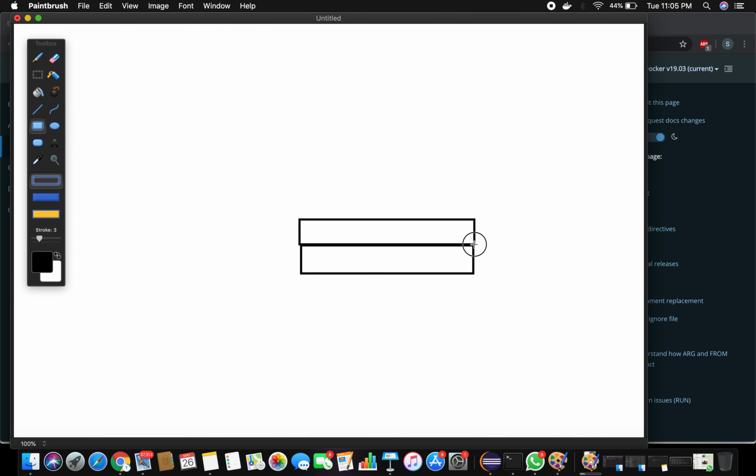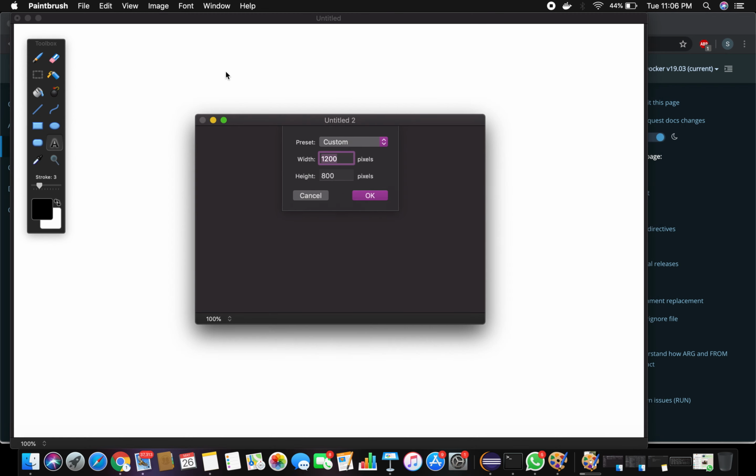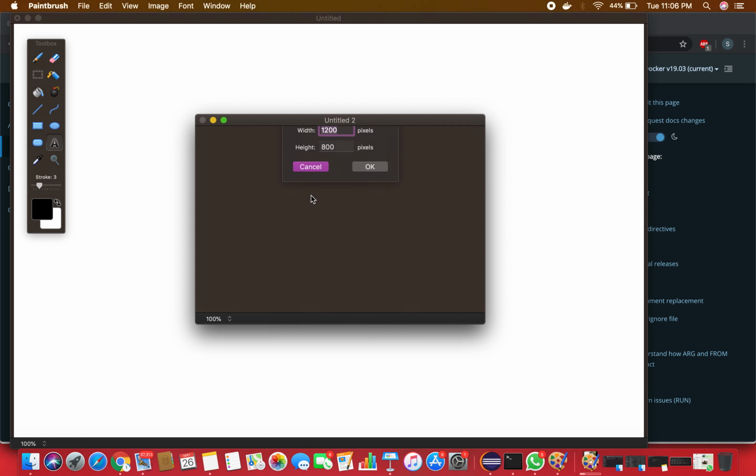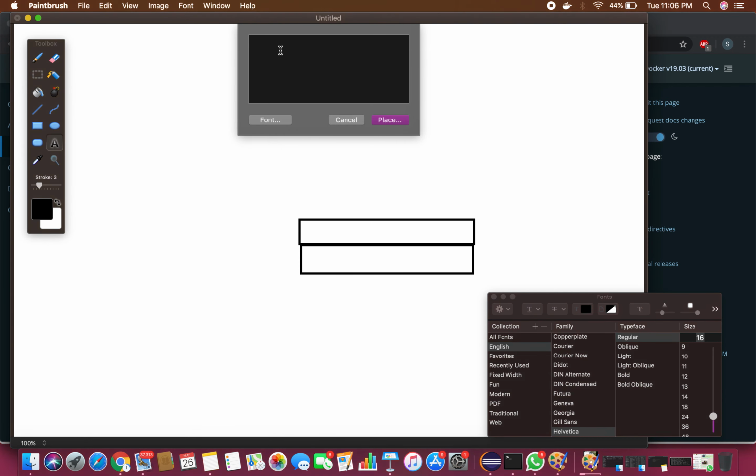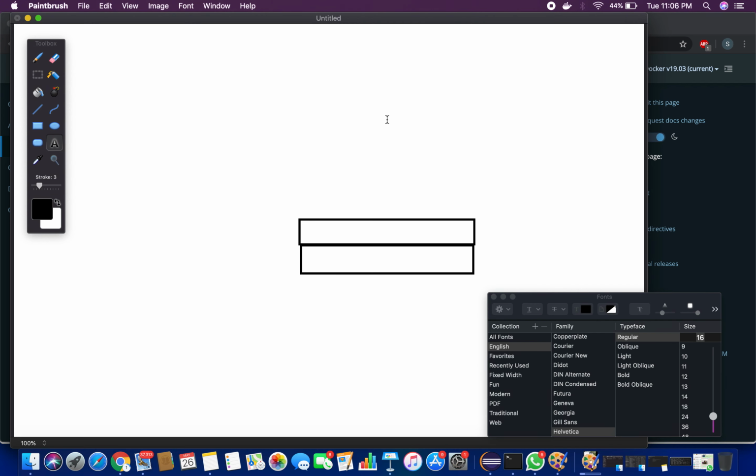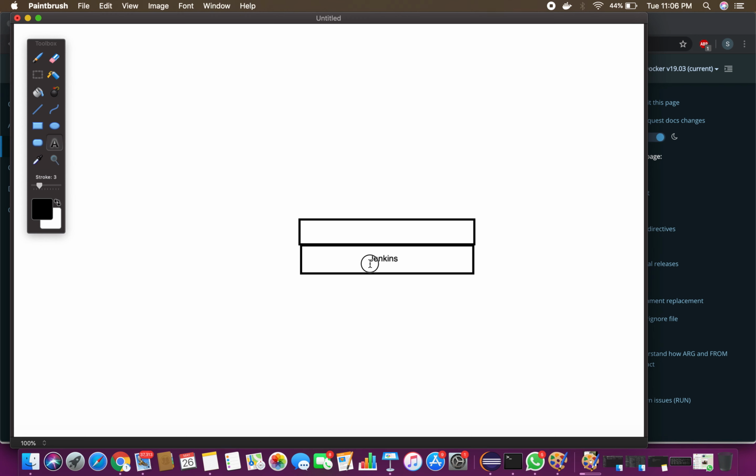This particular layer is going to be Maven. So this is our Jenkins image that we pulled.